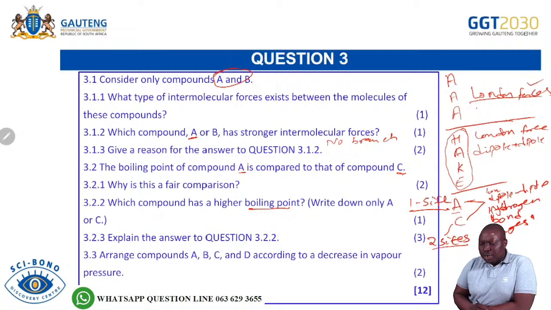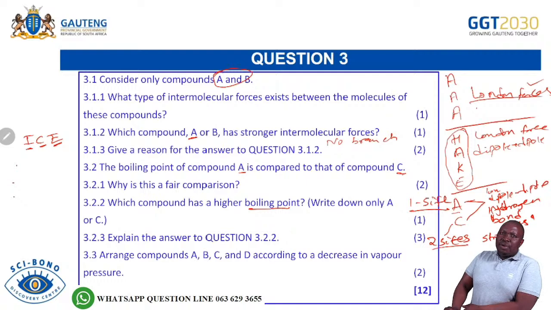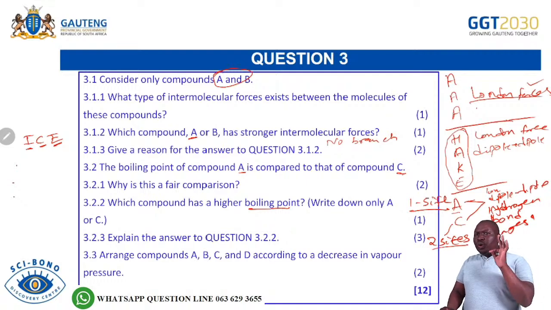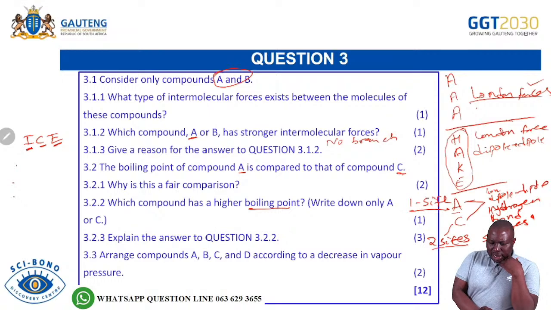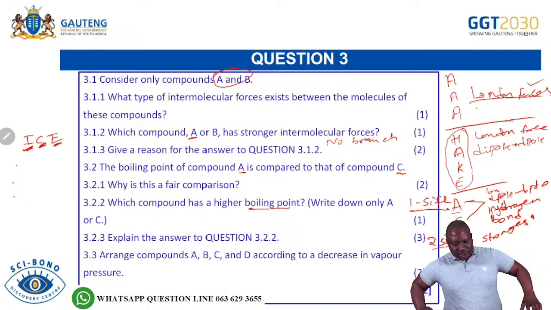Be careful not to write long paragraphs, because sometimes we lose meaning when you are writing long paragraphs. Write in point or in bullet form. Usually we'll say use the eyes there to say what is the type of intermolecular force, compare the strength of the intermolecular force, then refer to the energy required to overcome the intermolecular force. So it's important that you look at those 3 things to say, okay, what is the type of intermolecular force, compare the strength of the intermolecular force and compare the energy required to overcome the intermolecular force. So I will refer to that as I.